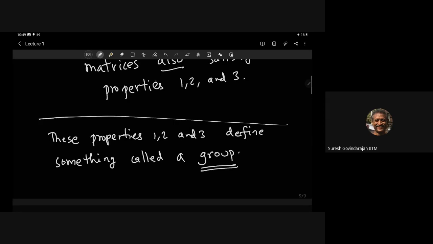We will look at what a group is. We'll do the formal definition later, but what I'm saying is that it's not like I cooked up properties 1, 2, and 3. Okay, they are something which is well known in mathematical literature, and they are with one more additional condition on associativity, which is kind of true for all matrices. But there's a fourth condition which we are not looking at. But so what we get is a group. Okay, so